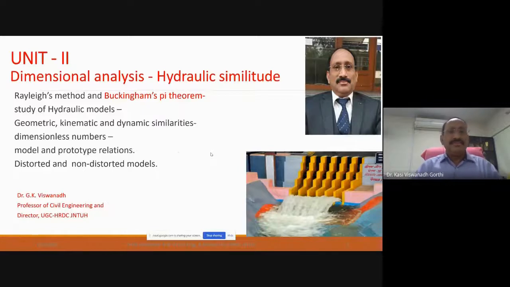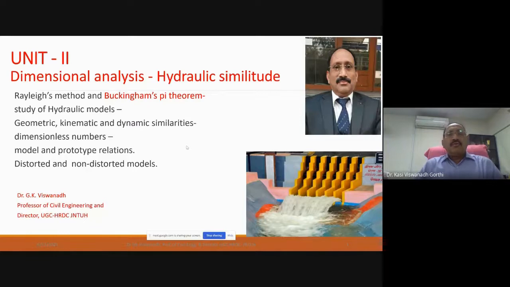Thank you very much, and welcome back to the dimensional analysis hydraulic similitude topic. In the previous module of the dimensional analysis, we have understood what a dimension is, the importance of dimensions, the difference between a dimension and a unit, and most importantly, dimensional homogeneity. Which equation is considered to be dimensionally homogeneous? Which equation is considered dimensionally